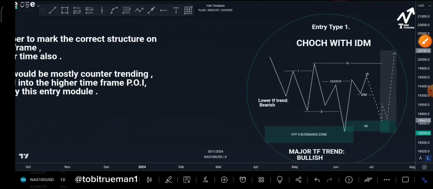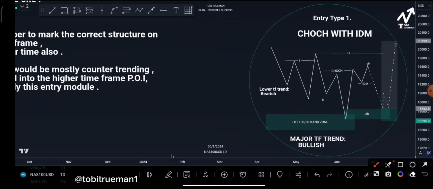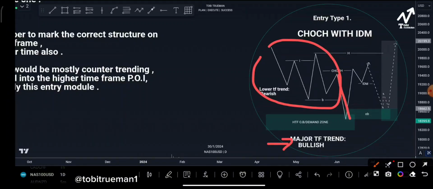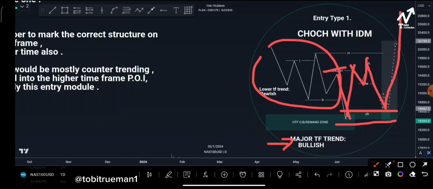The same thing applies to this. As explained, this is when the major time frame is bullish, but the lower time frame will be bearish. In as much as price has now tapped into the higher time frame order block, demand zone, POI, point of interest, then we are anticipating this point to become a change of character. We want price to give another inducement, then price can come down, tap on this new order block that has just formed in the lower time frame. Then we can anticipate price to go up, which is to continue buying with respect to the higher time frame structure. Okay,